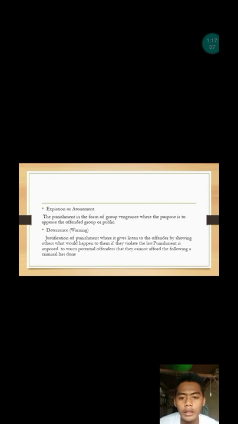So the deterrence, or warning. A justification of punishment where it is given to the offenders, showing others what would happen to them if they violate the law. So punishment is imposed to warn potential offenders that they cannot afford what the criminal has done. So deterrence is what we call the warning,